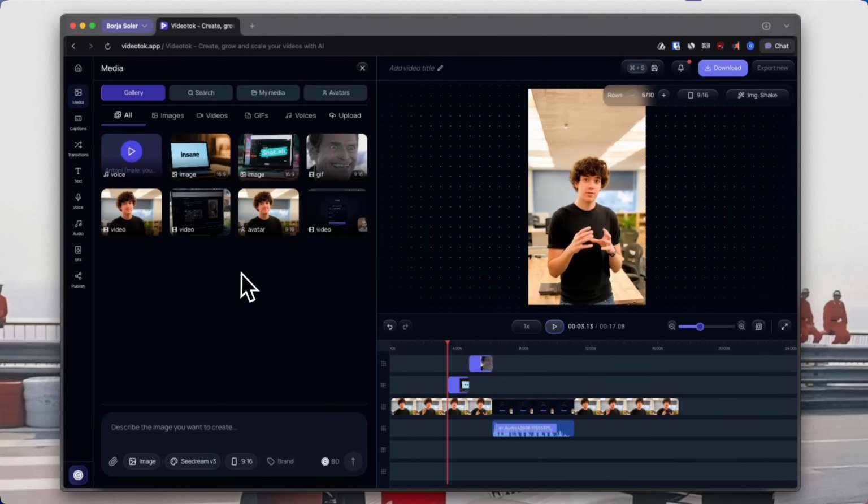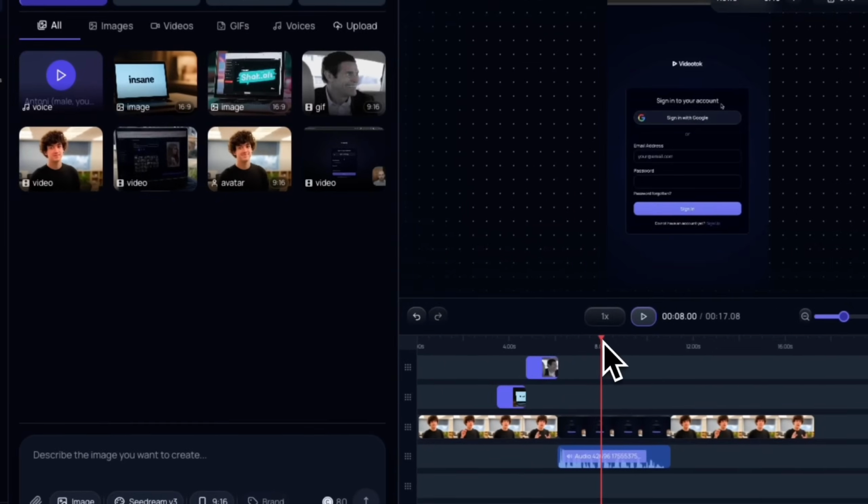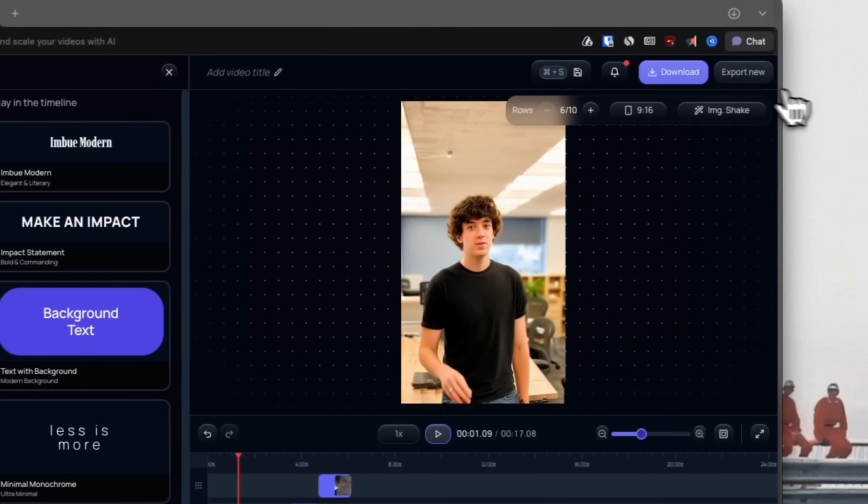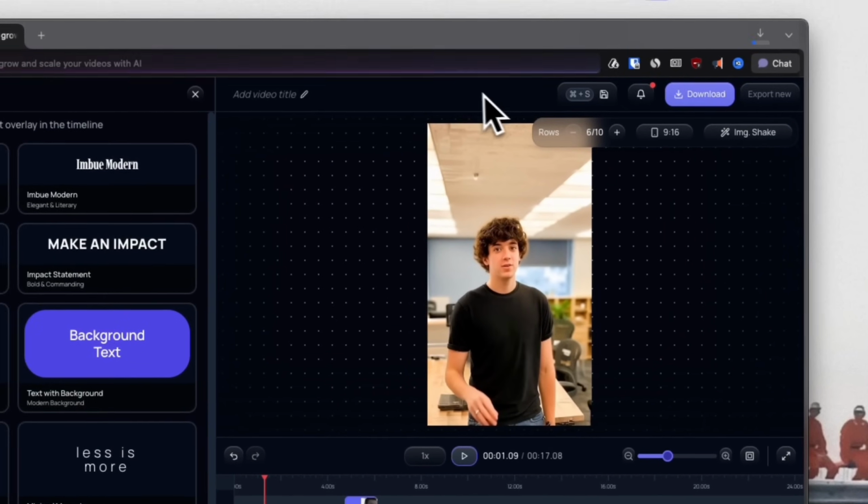Just try to remember which voice you had with your avatars so you can generate it again for the sections where you are not going to have an avatar and it's just a product demo, but you want to have voice there. And remember, you can add also the texts and everything inside